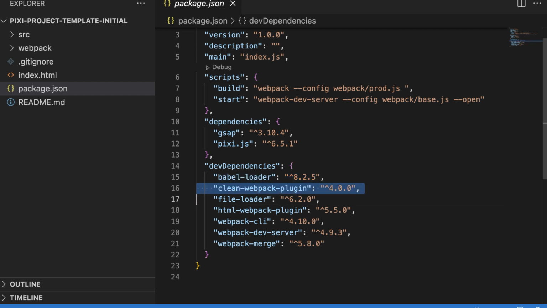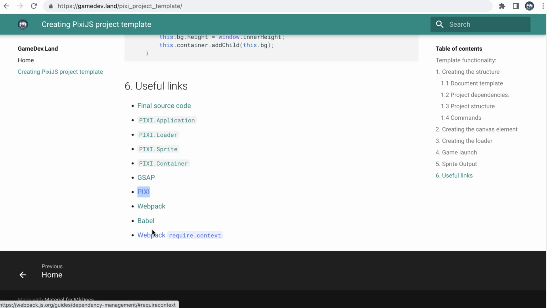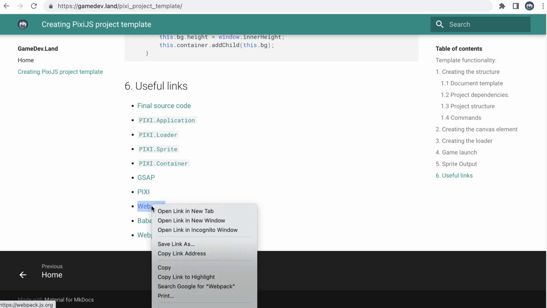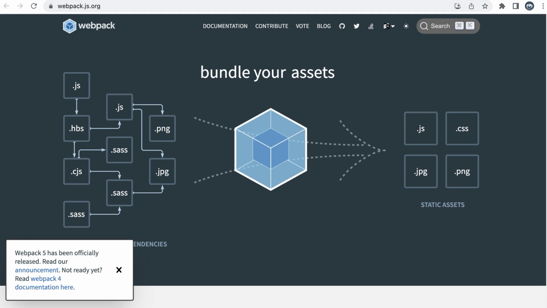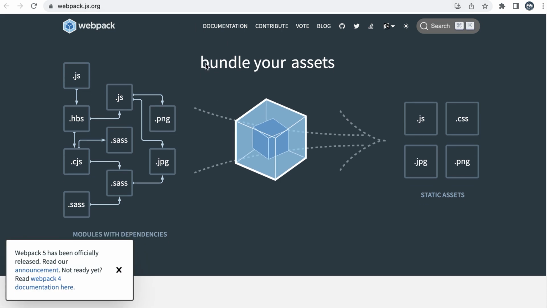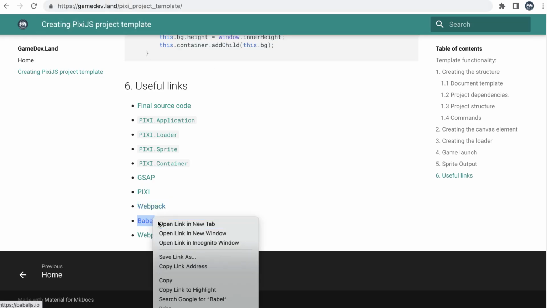The idea is Webpack and Babel are used to build the project, and here we can open these URLs from useful links. The webpack.js.org says bundle your assets and scripts, so it's just like a bundler. We have some source code. Using Webpack we create a bundled version of our project that can be used in production, and Babel is a compiler,